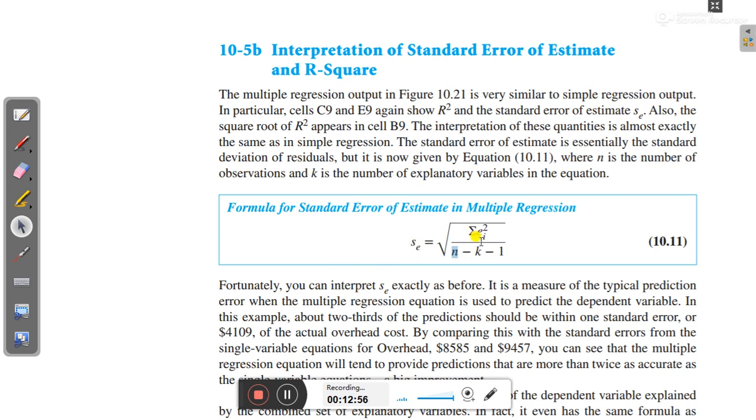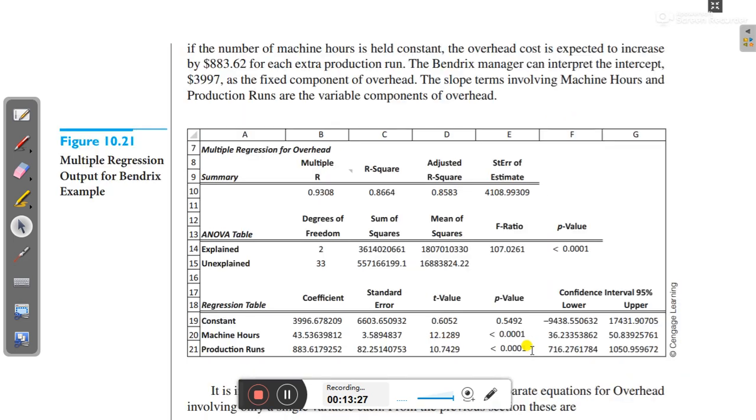e is the residual, i is for the ith observation. Fortunately, you can interpret the standard error exactly as before. It is a measure of typical prediction error when the multiple regression is used to predict the dependent variable. In this example, about 2/3 of the predictions should be within one standard error, or $4109, of the actual overhead cost. By comparing this with the standard errors from the single variable equations, 8585 and 9457,